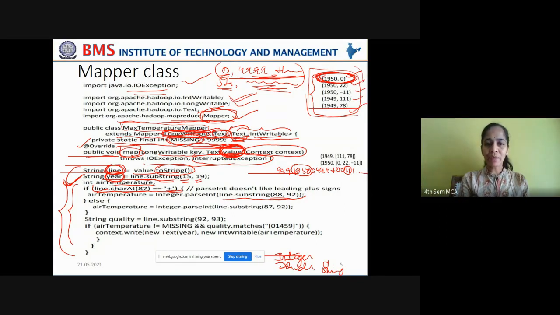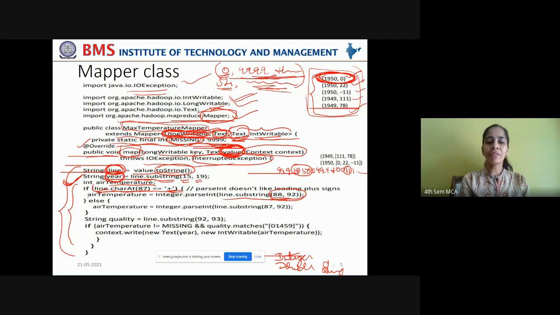If the character at the 87th location is a plus, then capture the value from the 88th location till the 91st location: 88, 89, 90, 91. So 4 digits you are reserving for the temperature. And if it is a positive temperature, neglect the plus sign and just record the temperature.